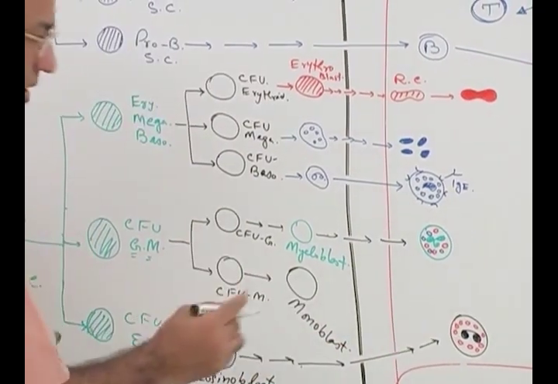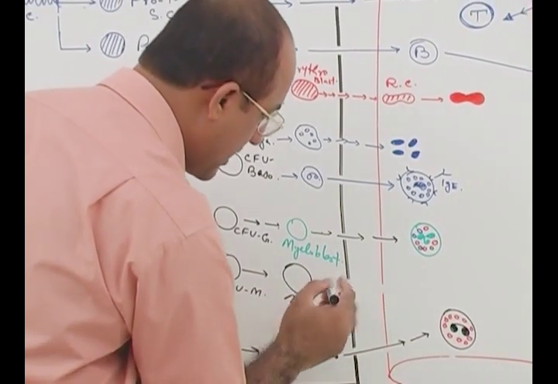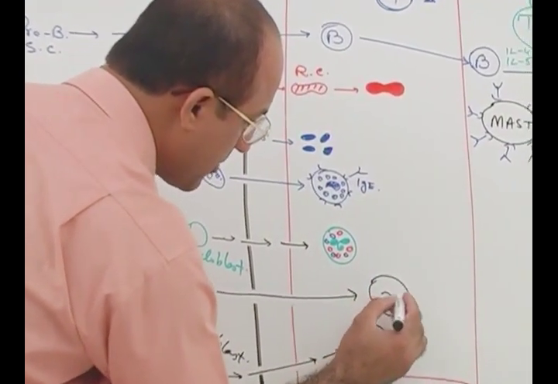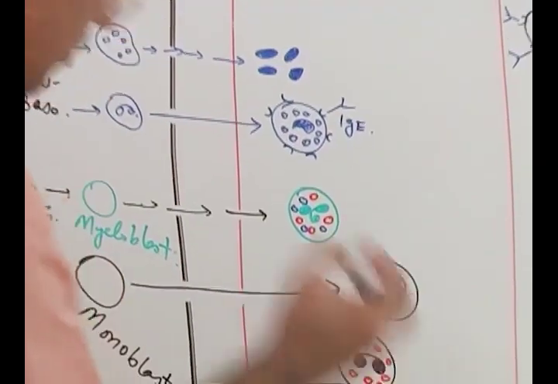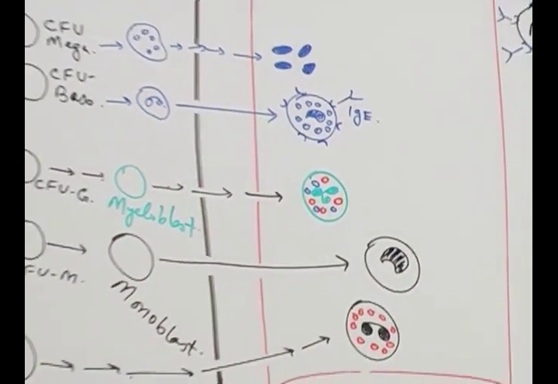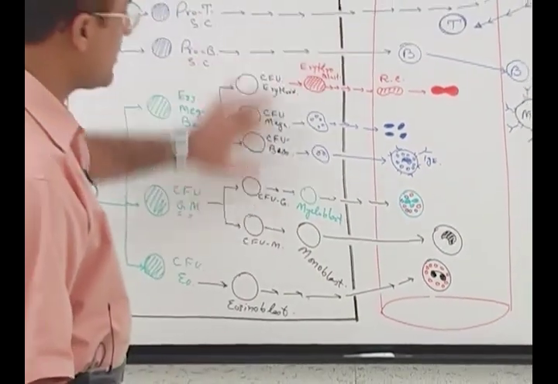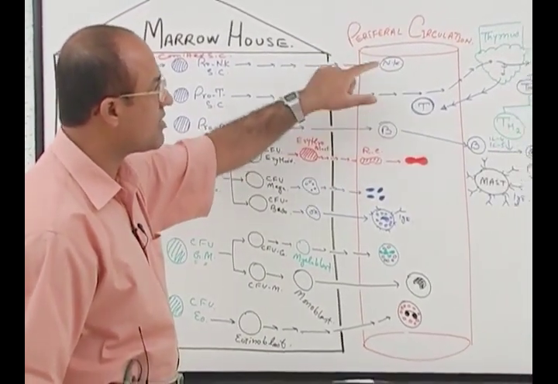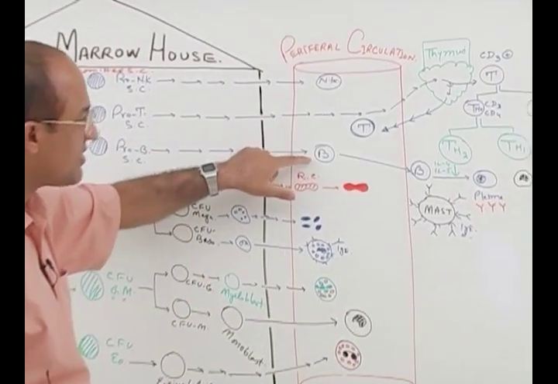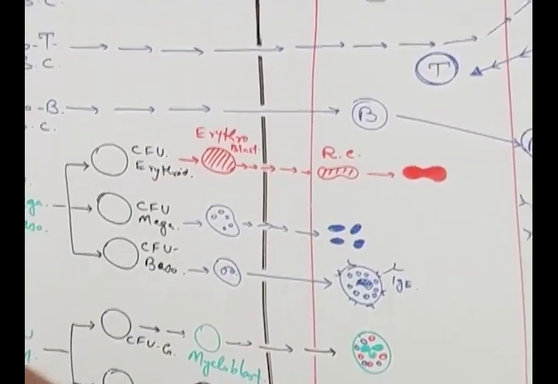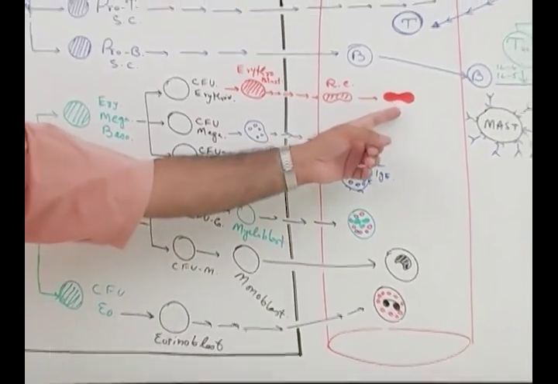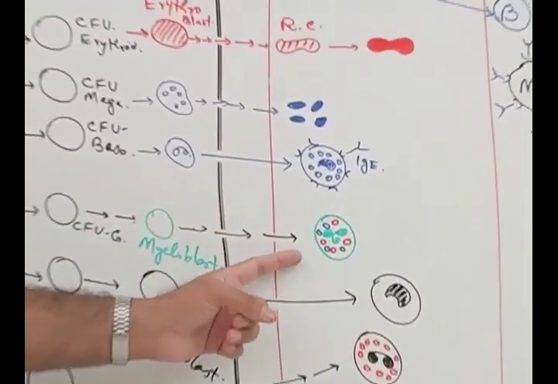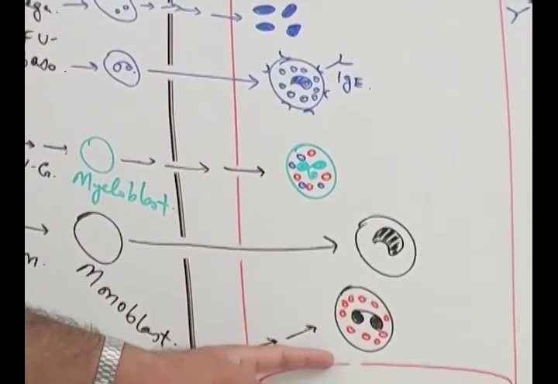Monoblast. This monoblast will eventually come into circulation as a monocyte, right? Monocytes. These are monocytes. Now it means that all the blood cells are derivatives of bone marrow. First of all, lymphoid cells like natural killer cells, T cells and B cells, right? Then myeloid cells. Myeloid cells are erythrocytes, platelets, basophils, which are granulocytes, neutrophils, which are granulocytes, and eosinophils, which are